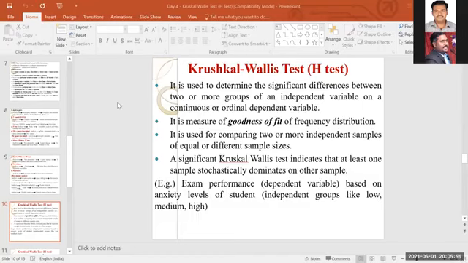So the first thing is, I already told you, the Mann-Whitney U test is for a significant difference of the dependent variable on the independent variable with two or three different categories, and the same population or two different populations. Whereas in Kruskal-Wallis, you are going to measure the same dependent on the independent variable with more than three factors as well as more than two populations.